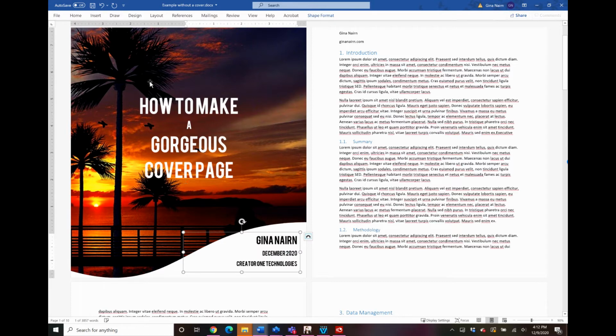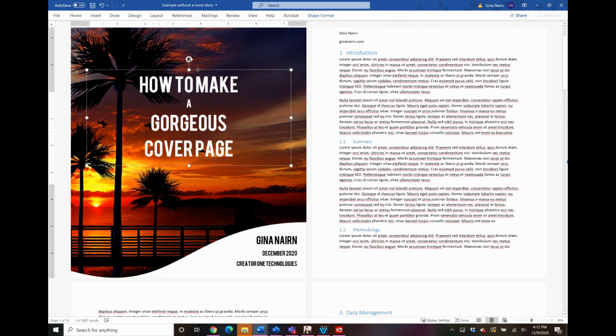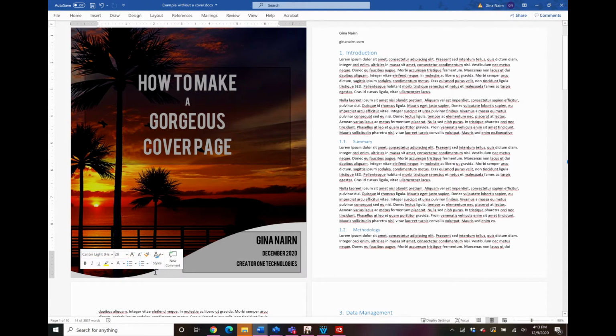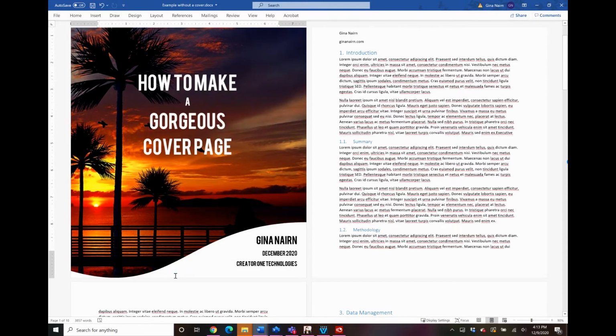Okay, so we're almost there. I'm going to move this up just a bit because see how my C is sort of running into this light yellow, and that makes it a little bit harder to read. So I'm going to pull this up a bit into the darker area so that it's really easy to read. Now you can also play with the placement of this text box. You could play with the alignment of the text box. There's all kinds of things. You have ultimate freedom, and so as I guide you through this, I hope that this just gives you ideas for how to make this your own.